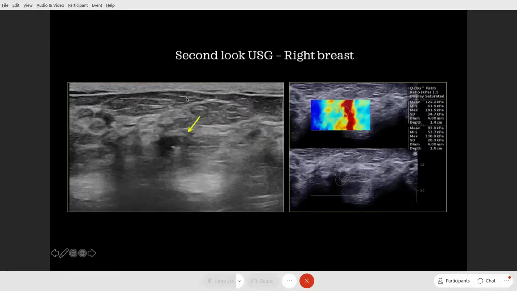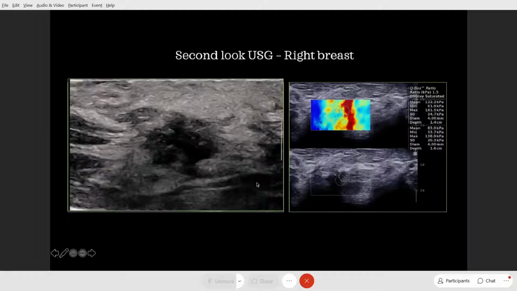This was triangulated, and this was the suspicious lesion, which also shows increased values on elastography. This was biopsied and turned out to be a mixed ductal lobular carcinoma, and she underwent lumpectomy on both the sides. And this was the specimen ultrasound. You can see in the specimen ultrasound the lesion looks way more suspicious, with irregular, microlobulated margins. So if you also do the specimen ultrasound, it will be easier for you to understand the morphology of the lesion much better.